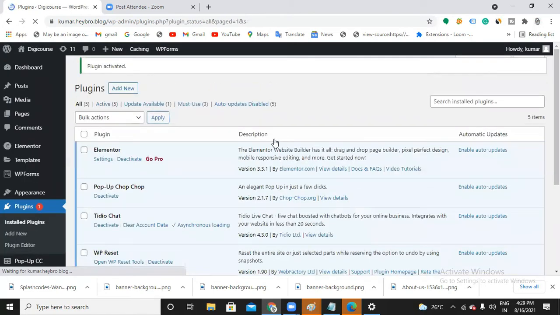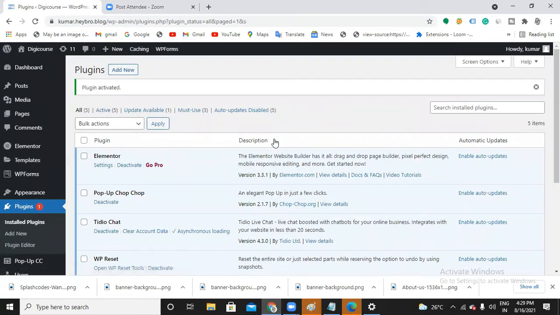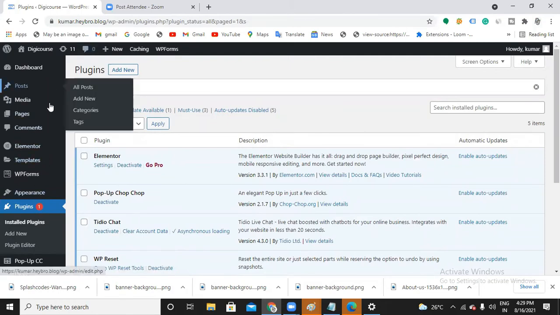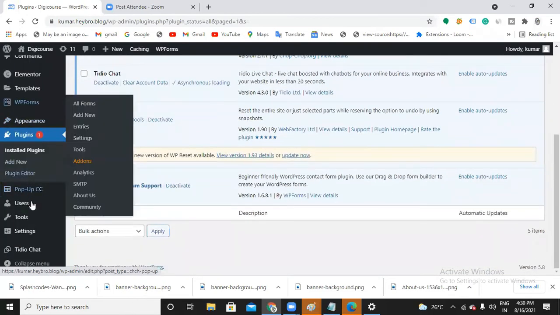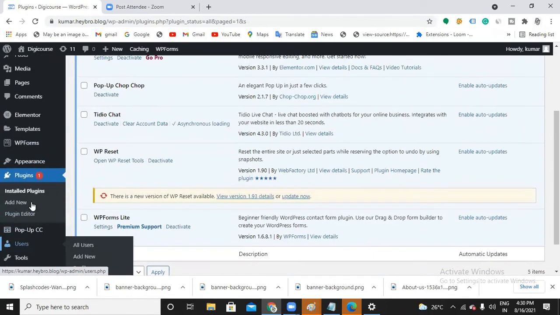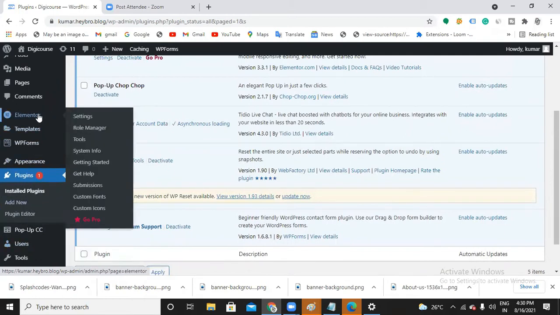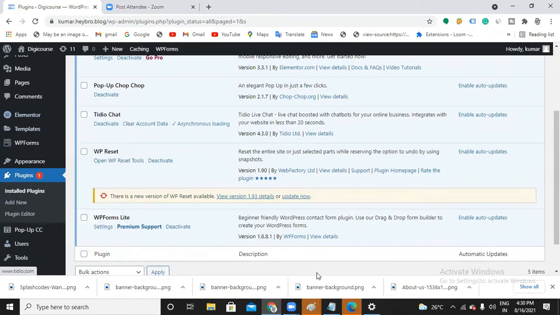Okay. So guys, tell me, once you have installed any plugin, where does everything get situated? Left hand side, right? Whatever plugin you install, it gets situated on the left hand side. So now where is the Elementor? Here you go, this is the Elementor.